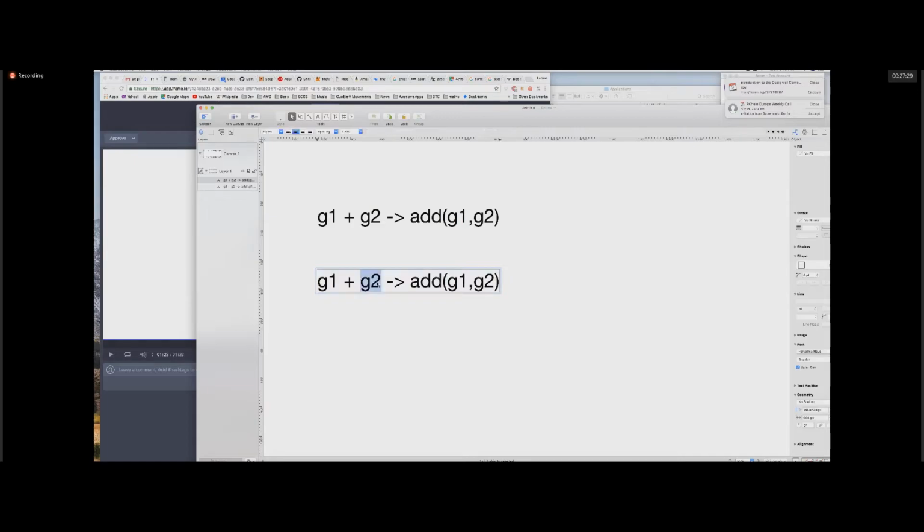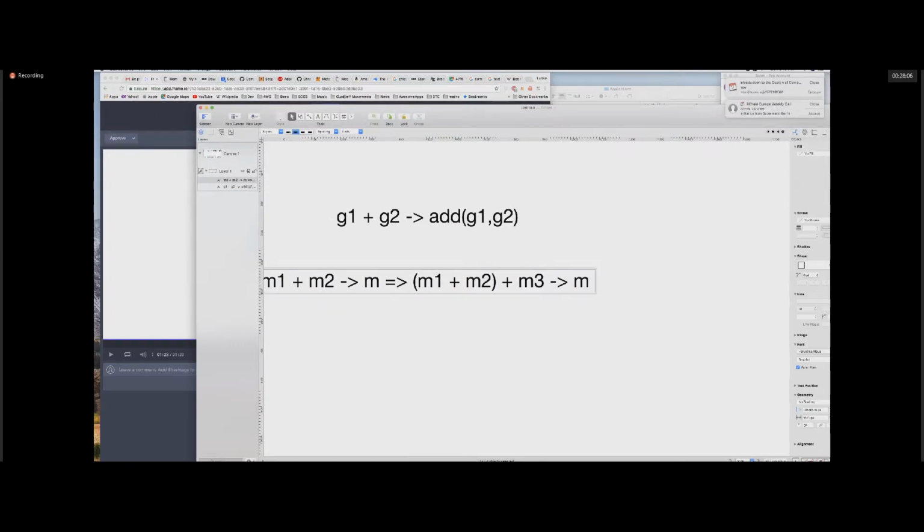Okay, so under the assumption that M1 plus M2 goes to M, then we get to conclude that M1 plus M2 plus M3 goes to M plus M3,